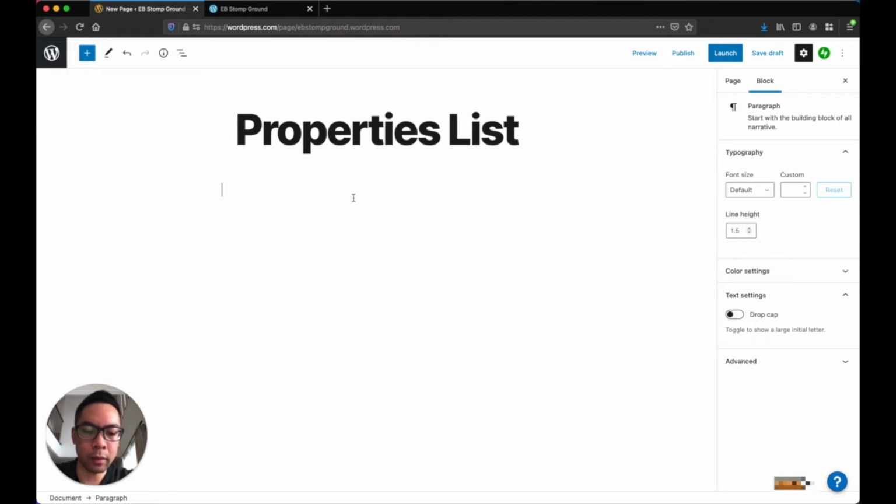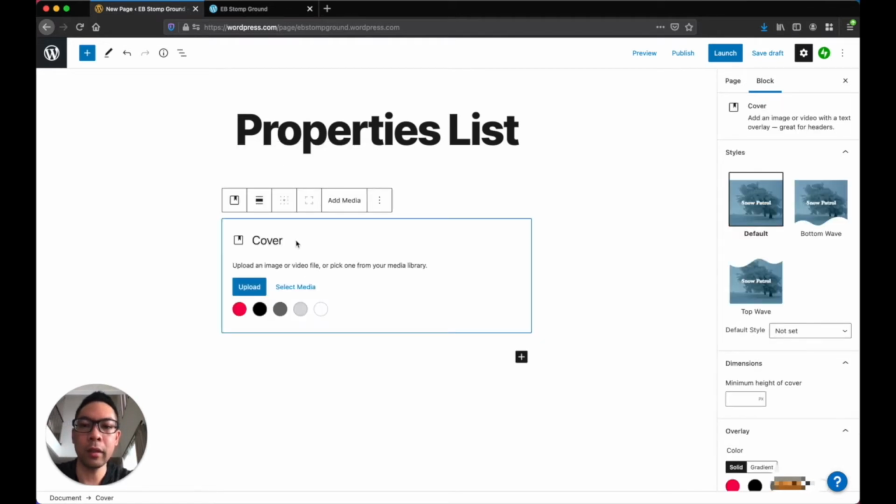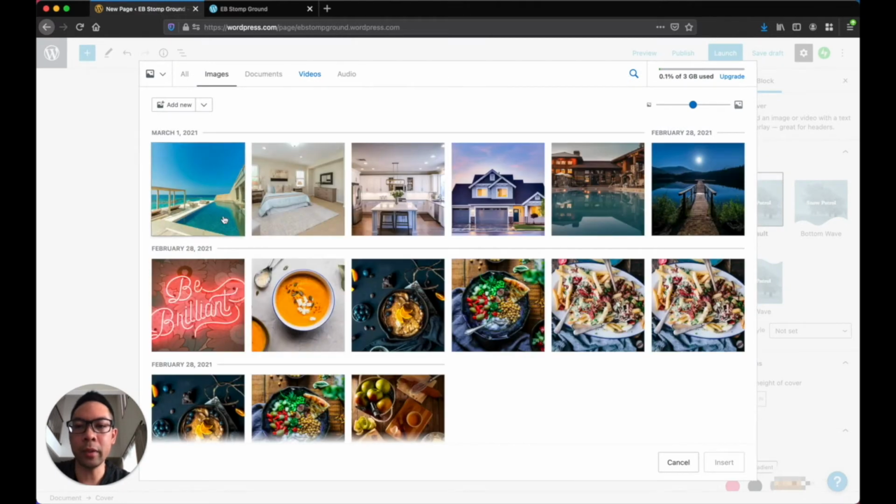And we are going to start off by adding a cover block. The cover block is going to allow us to add an image as a background and then add some text on top of it. And in this case, we're going to have some text in one column and a form in another column. So we're going to start by selecting media. I'm going to go to Media Library. I'm going to select this image that I already have uploaded here, insert,